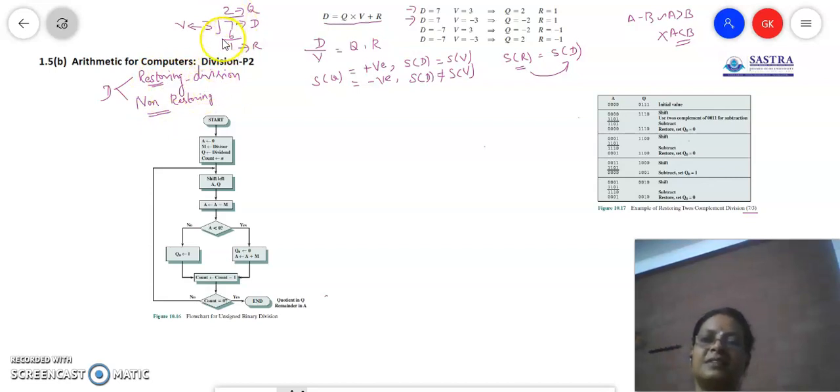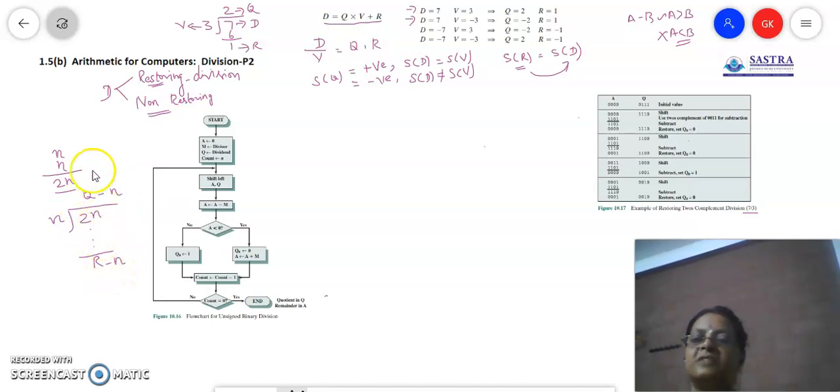Now I think we can trace for this example how this division process is going to be carried out. As we have seen already in multiplication, we multiply one n-bit multiplicand with one n-bit multiplier. The product we get will be double the length of the operands, so the product will be 2n bits. Now coming to division, this is going to be the dividend, which is of 2n-bit length. You are going to divide with the divisor of n-bit length, then the quotient also will be n bits, and whatever remainder you get is also going to be n-bit length.